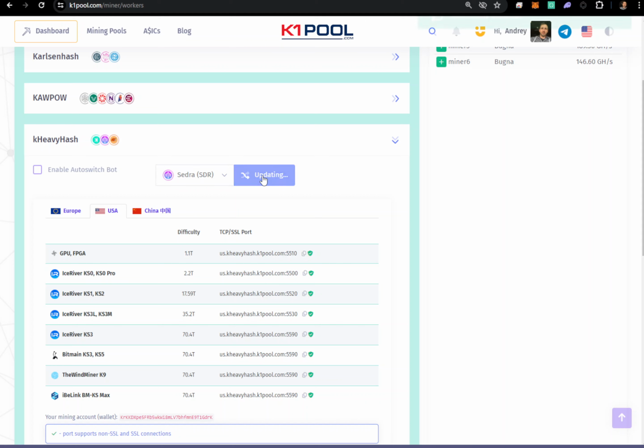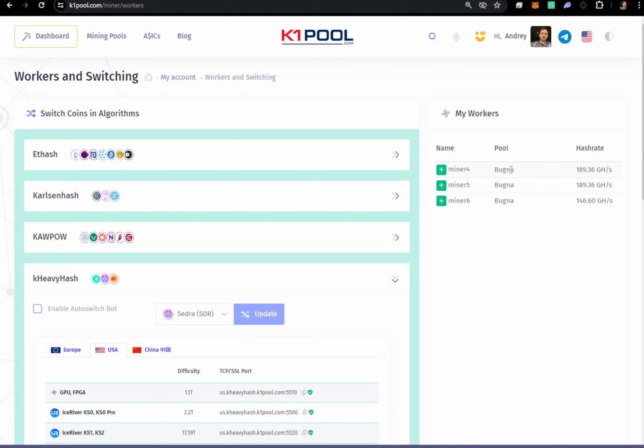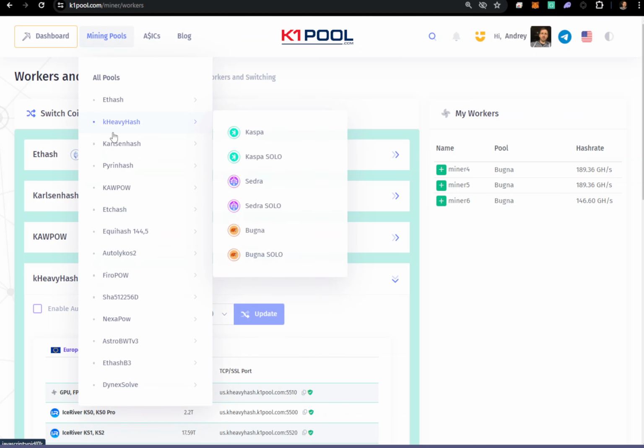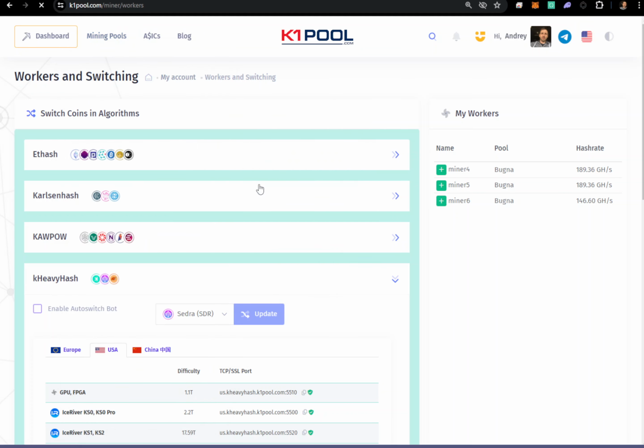So all the workers that are set up for this pool listed in here, or all these pools, wherever you're setting up, you could set one worker only, or you can set 20 workers, doesn't matter. So wherever it's set here for K heavy hash, it will be switched in just 2 clicks, and that's it. All this is going to switch now to Cedra. It will take probably a minute or so. So we can go to our Cedra, and we're going to start seeing